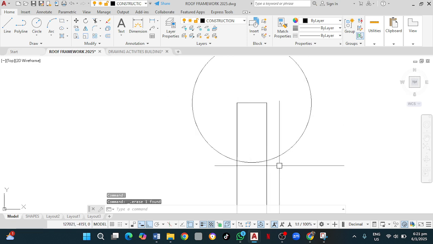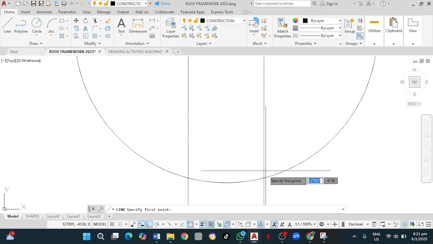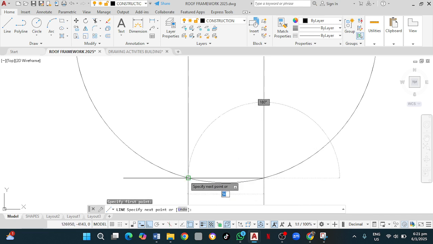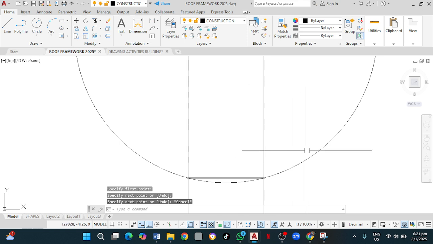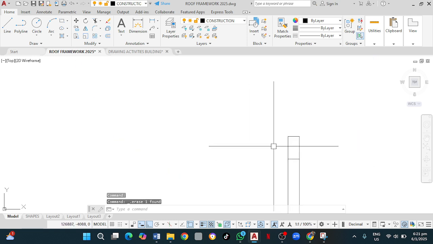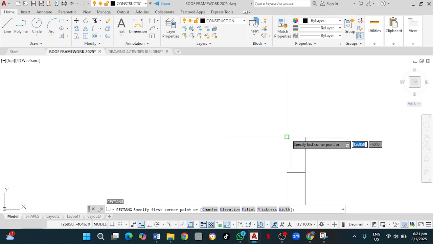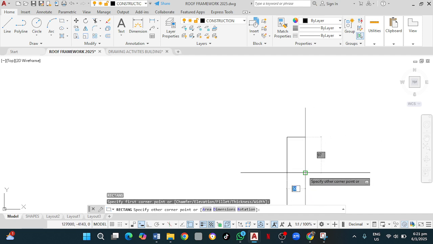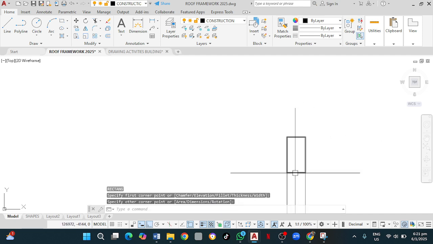Oh, I accidentally deleted the line. Do it over. If you delete it again, do it over again. It's okay if you made a mistake. Escape. Like this. You don't really need it. Then REC again. Click here. Click there to reinforce it. And then